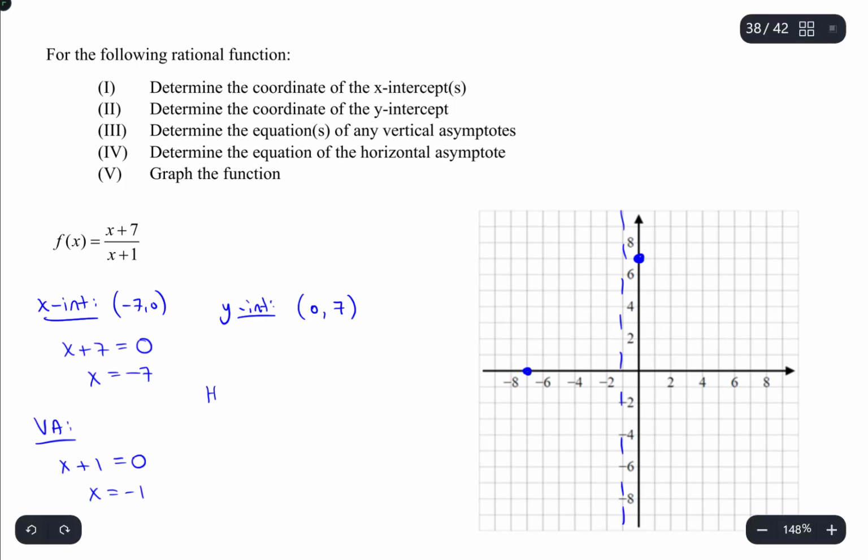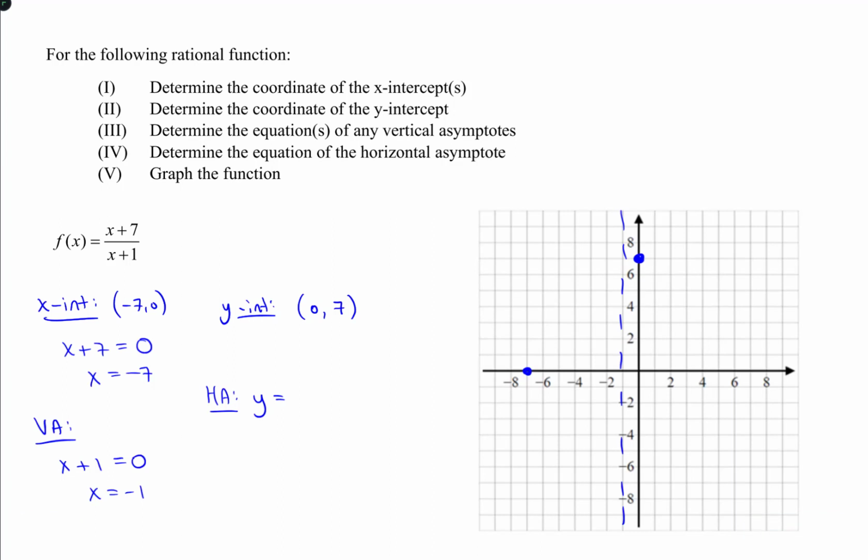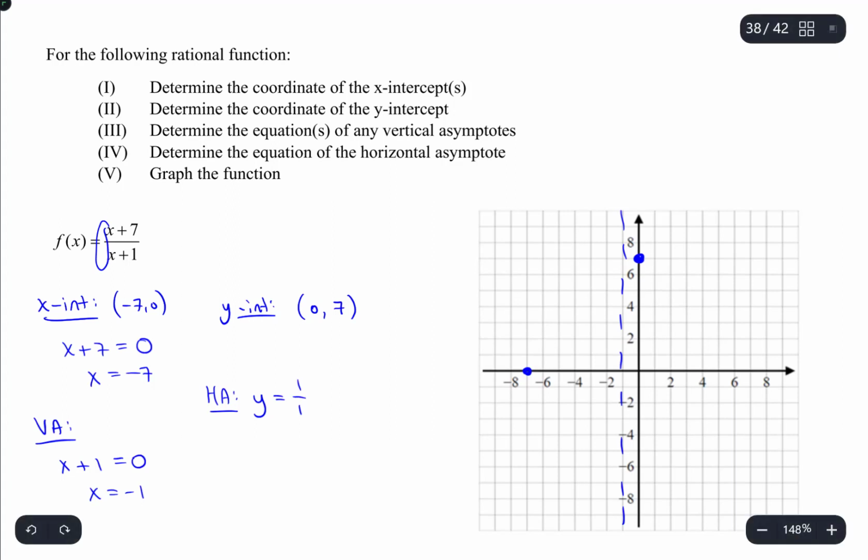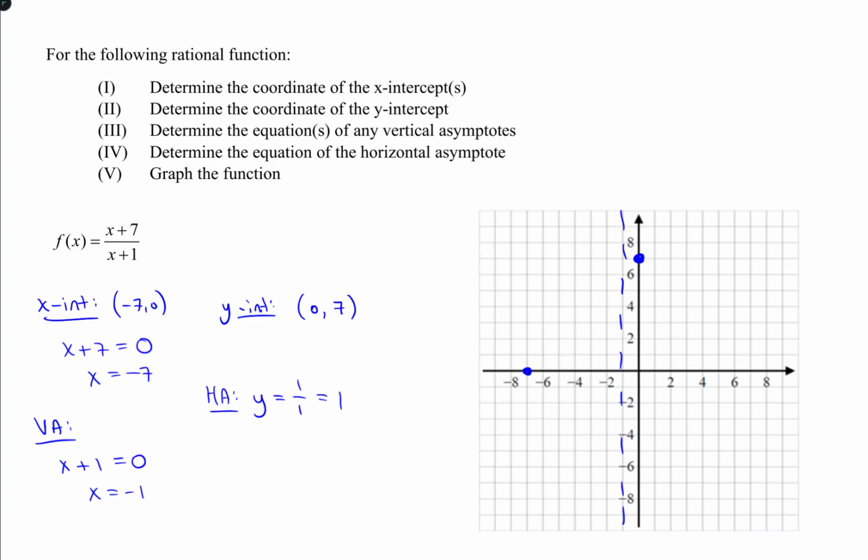And finally, horizontal asymptotes. What we do here is we compare the degrees of the numerator and denominator, and these happen to be equal because they're both degree 1. So when we have degrees that are equal, there is a horizontal asymptote at the ratio of the leading term coefficients, which are both just kind of assumed to be 1 in this case. So y equals 1